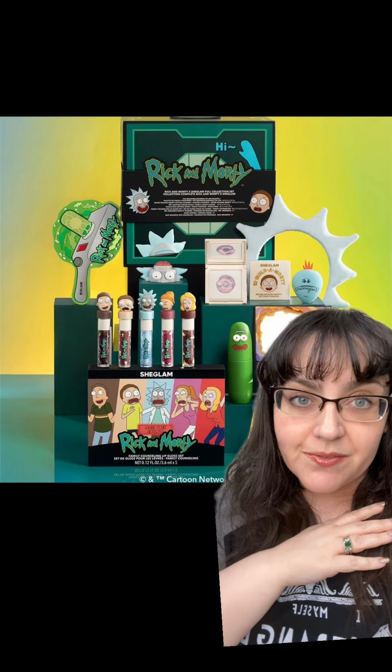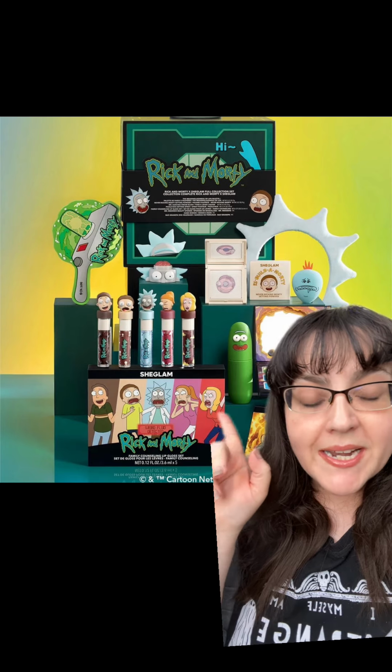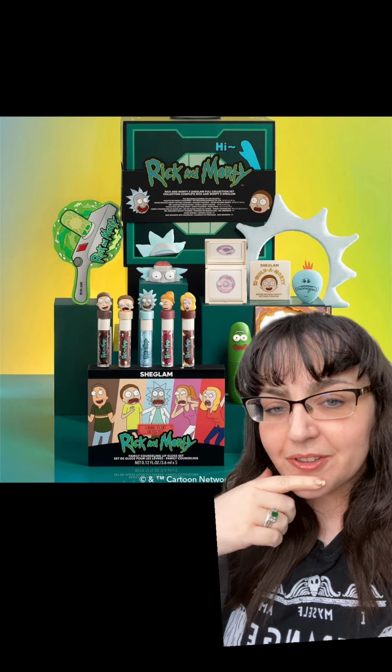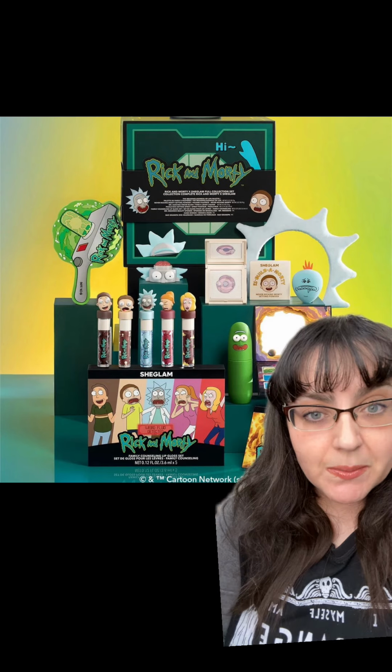SHEGLAM really are putting the fast into fast beauty. Hot off the heels of their Marilyn Monroe collection, which was really strange, we now have a Rick and Morty collection, which isn't that long after their Glam Light collab, and by them I mean Rick and Morty. There's a lot in this. The collection is available right now for